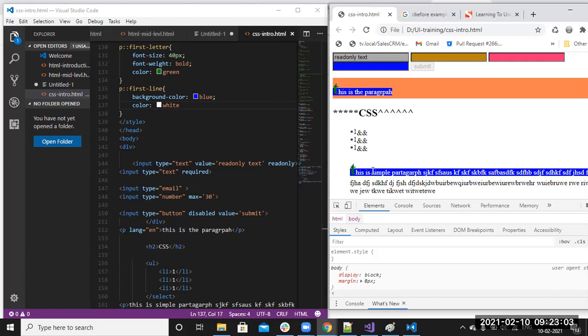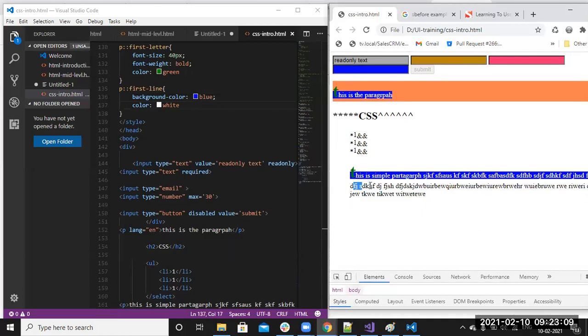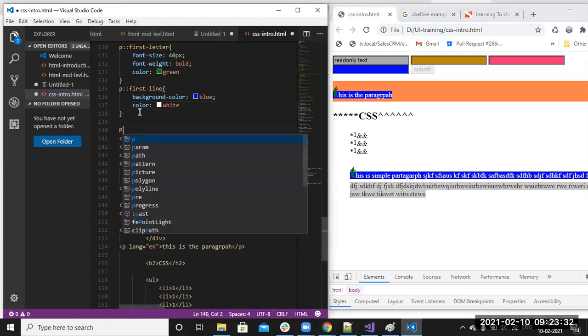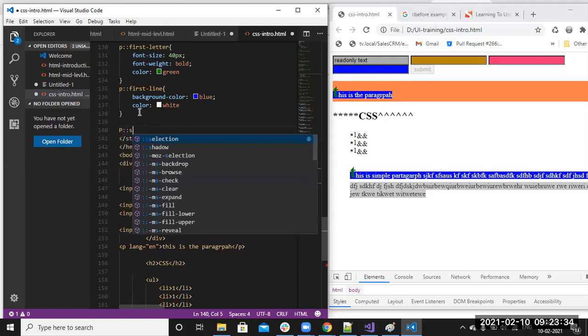And we have one more, selection. Selection is nothing but, if I'm doing like this, I'm getting the background color blue and white, right? You can see that. I have selected the text, right? In this scenario, I don't want this default blue color. When I'm selecting the text, I want to change it to yellow and white color. How can we select this? P colon colon selection.